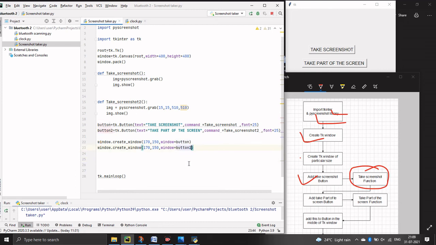Make it button 2, 180 pixel and 200 pixel in height. So assign window is equal to button 2.